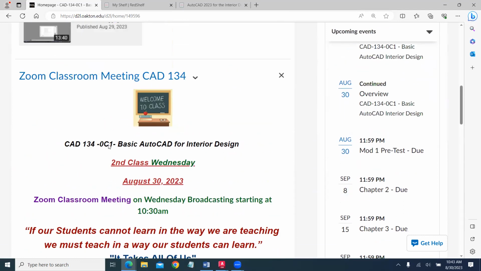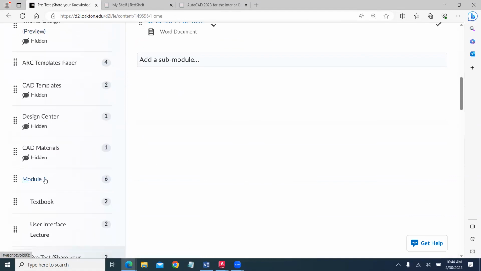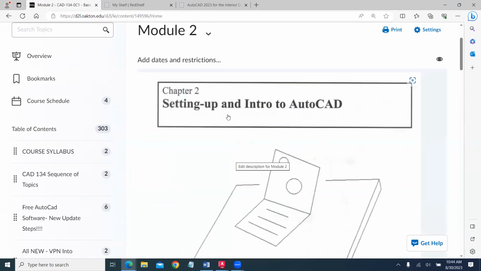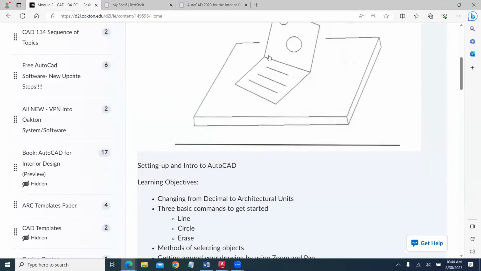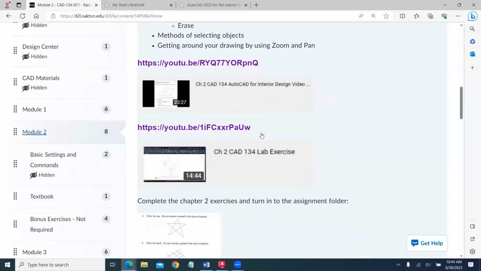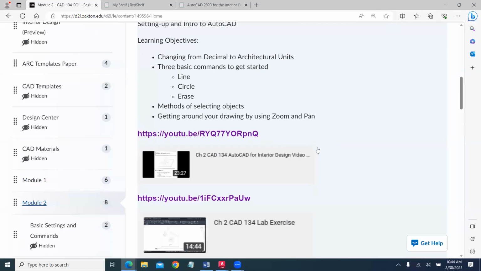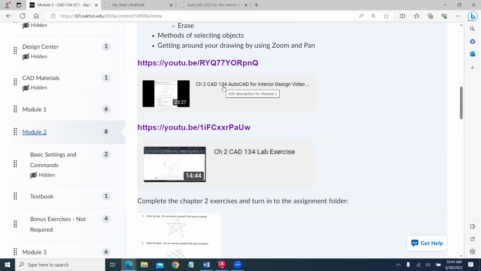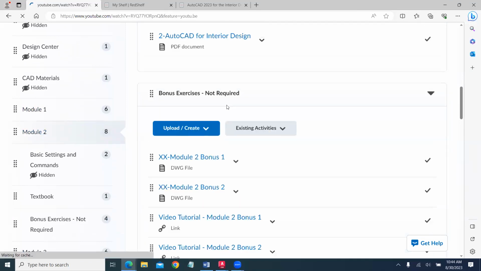That's chapter 2. If we look at that under content, module 2, setting up an introduction to AutoCAD. You can see this is just somebody's first CAD drawing. In our learning objectives, we'll look at things like working with different types of units. Mechanical type drawings are typically done in decimal units, and for architectural drawings we're using feet and inches. We realize that some people in other countries might use the metric system, but at this time, the textbook exercises are set for feet and inches. We've also created a video that goes through and outlines the chapter, so you can get some video support. If we look at the video,